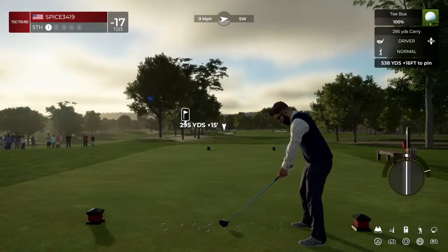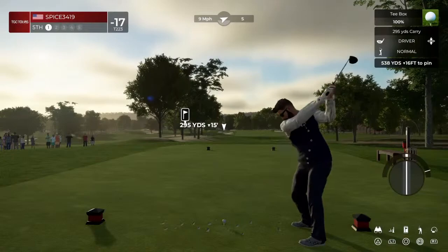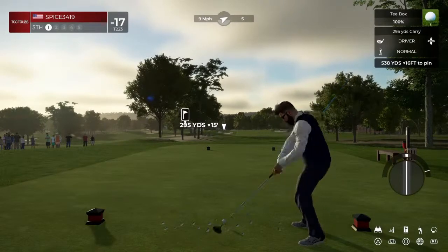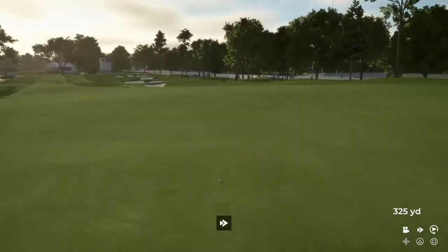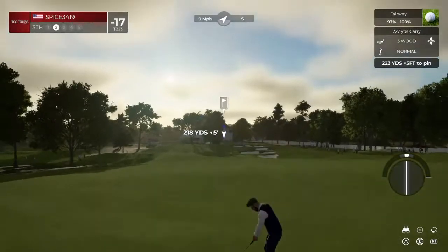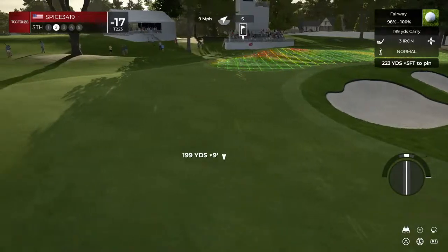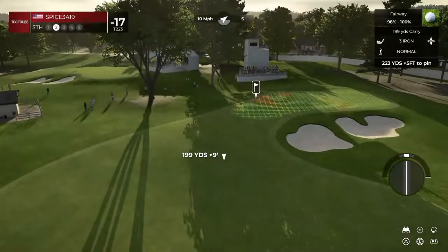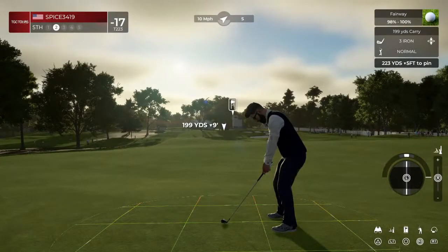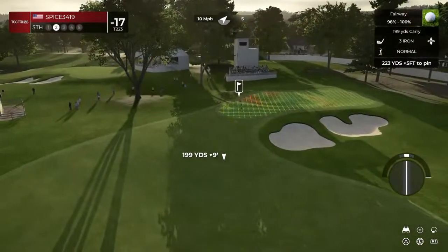Alright, this ought to be pretty good right in here. I'm just afraid of hitting a straight shot, but I think even if I do, it'll be good. I did hit a straight shot. And it looks like a fairway off the tee here. Okay. Here we go, 225 yards or so away. Well, that's 199 all day. There's no reason to even consider anything else. I'd really love to put a little bit over like 102 on this, but I have a feeling that'll mess me up too much. Alright, so